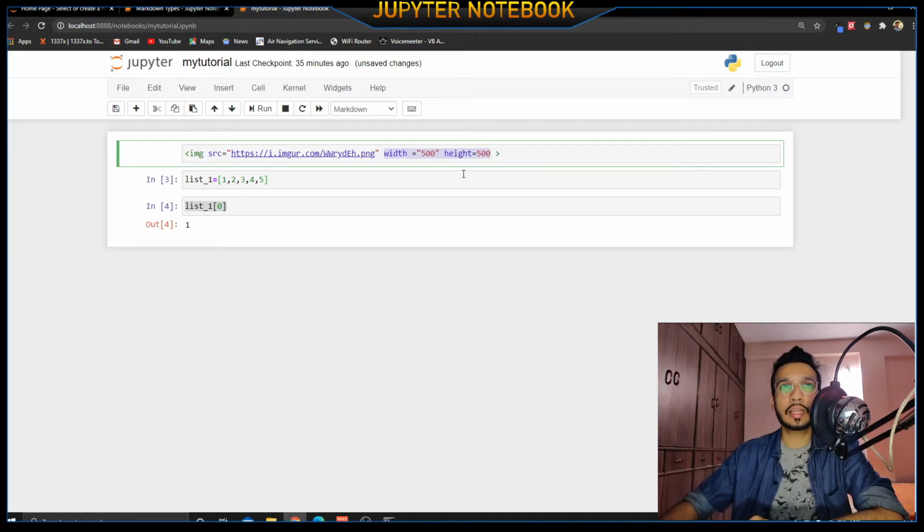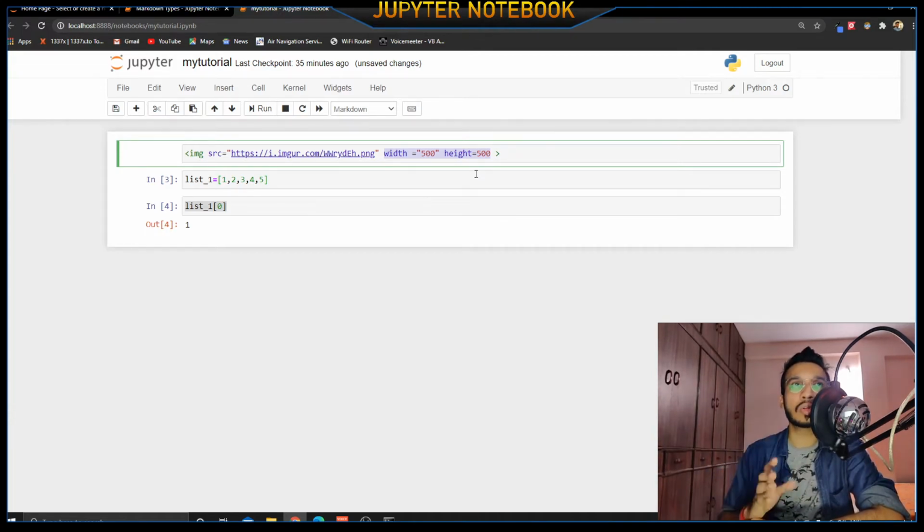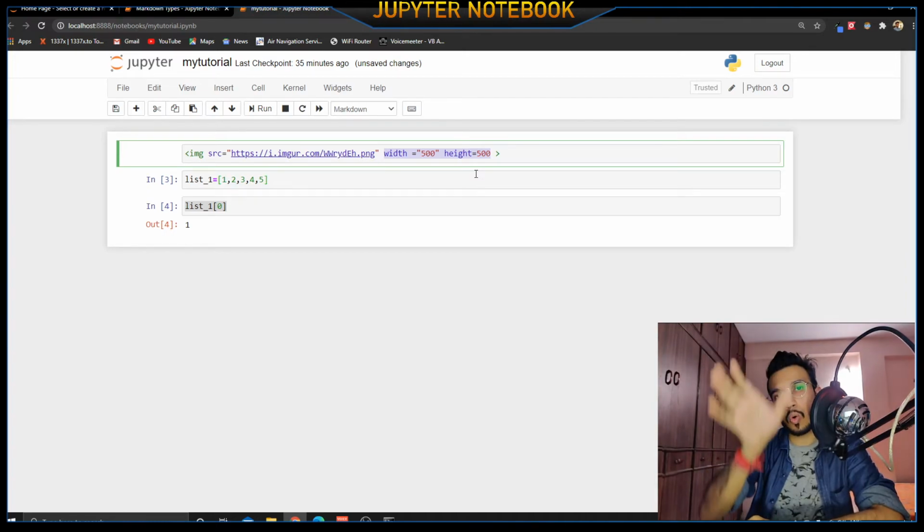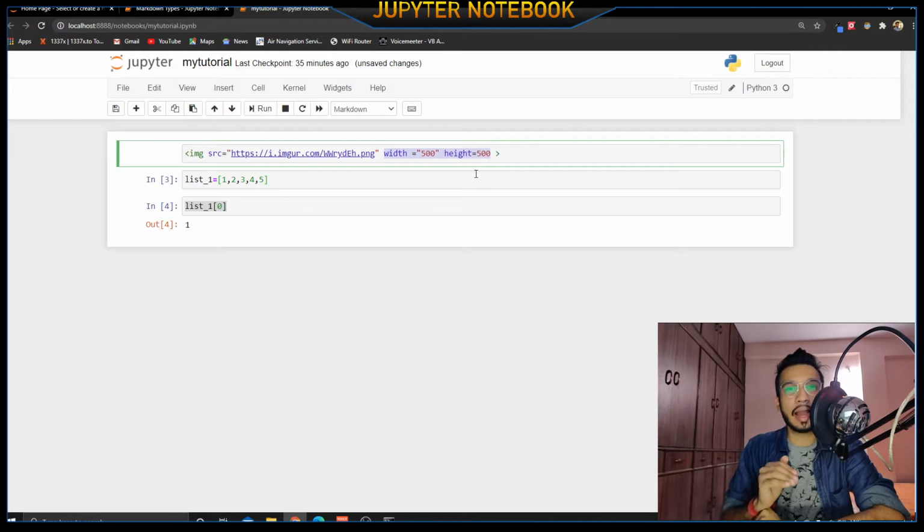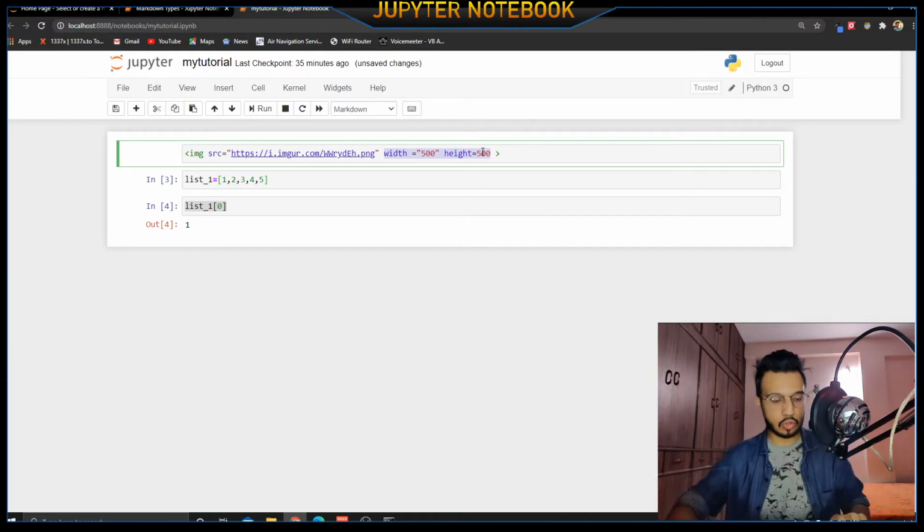The width and height are mandatory, because if you don't give them, the whole source of that image would end up taking up the whole page. Yes, the whole page. By default, if you don't give the width and the height, the image will end up taking up the whole width. Let me just show you what it looks like.